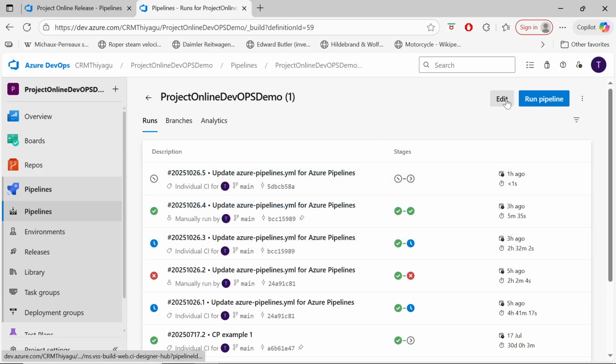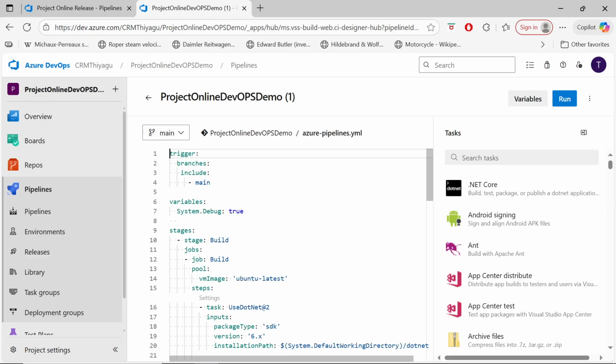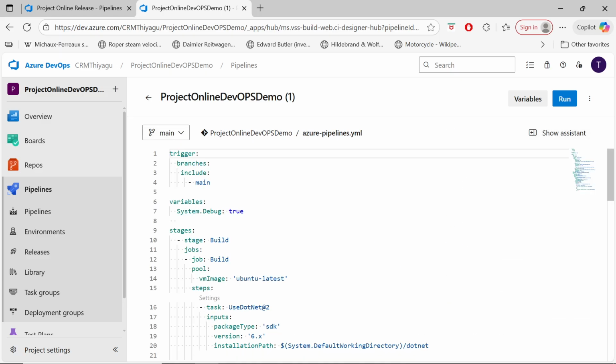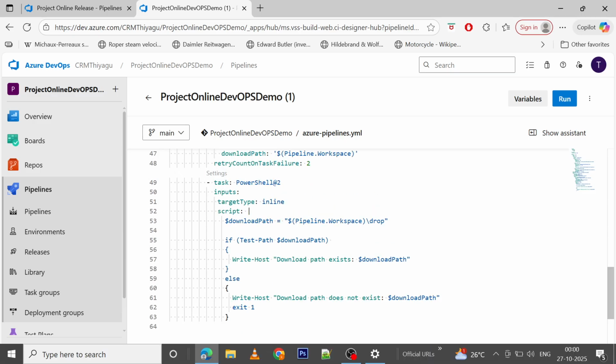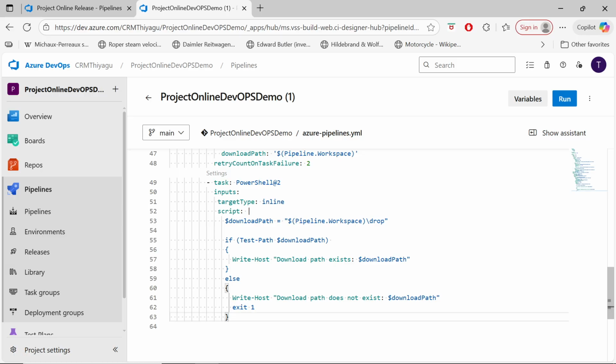So I will try to edit this YAML. I already have this YAML file for this build pipeline. Now, what can I do? I will try to add a new simple task. What I am planning to do is add a new task which will